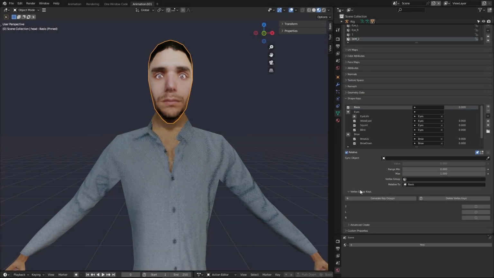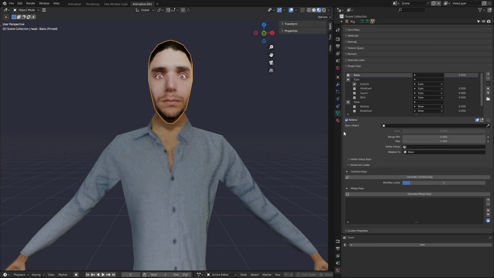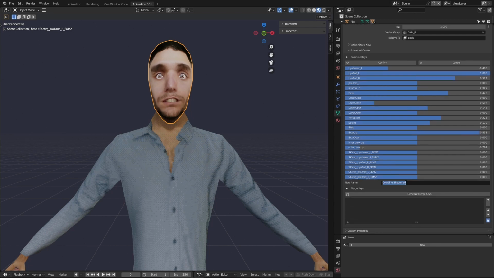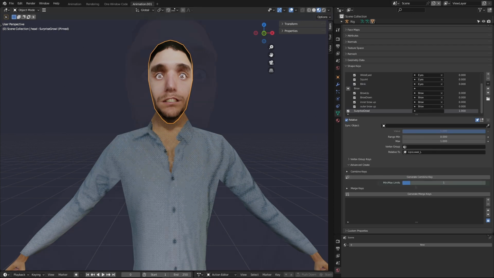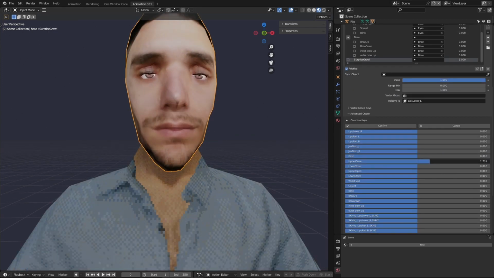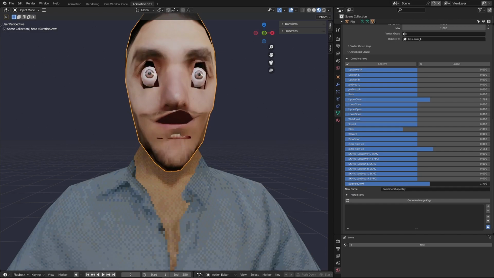The Combine Keys feature allows you to mix together multiple shape keys to create a new one. To use this, simply start the function here and then change the sliders for each of the shape keys you want to combine and click the Generate button when you have a result you're happy with. This will create a new shape key with the name that you assigned above. The range of the shape keys can be adjusted by this slider here before you start the process, giving you the ability to make your shape keys more extreme if that's what you require.